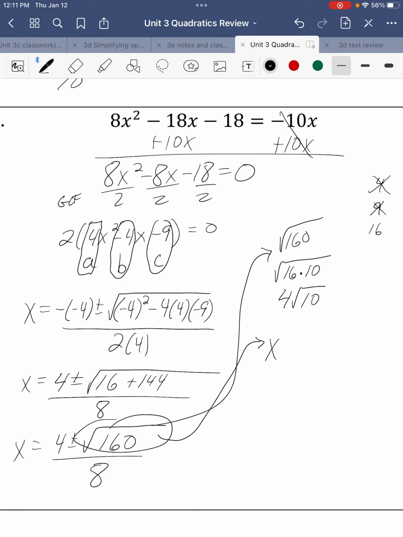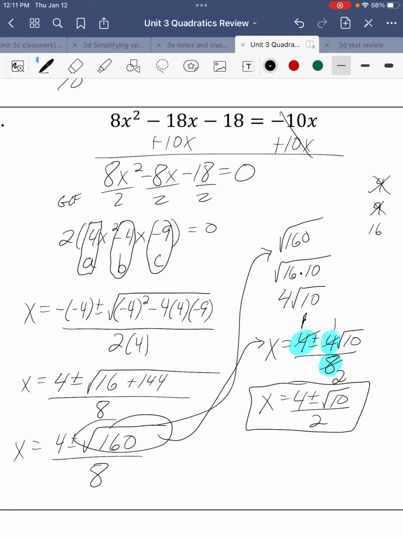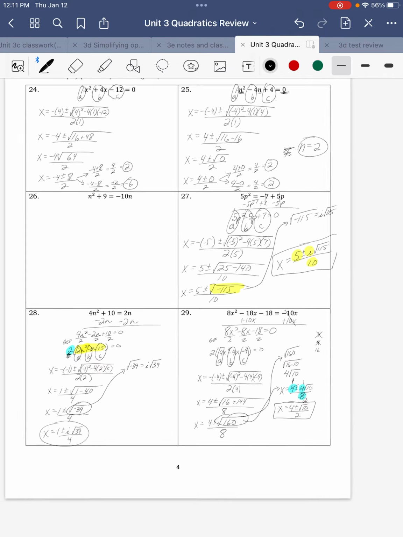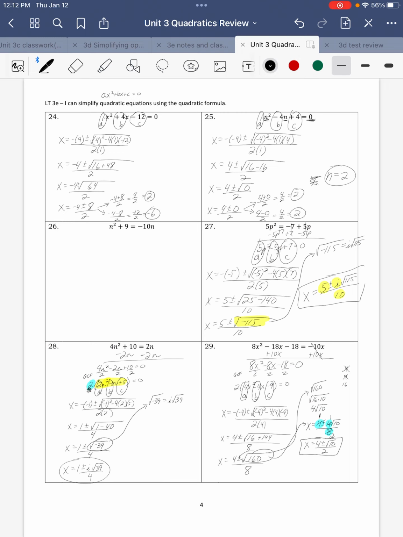So I'm going to replace, so I have x equals 4 plus or minus 4 square root of 10 divided by 8. And here I'm going to simplify 4, 4, and 8. I can divide all terms by 4 to simplify this fraction. There are 3 terms. You've got to simplify all 3 terms, their coefficients, or the term itself. 1 times the square root of 10 is the square root of 10, so I don't leave the 1 there, and then divide by 2. And there are 2 solutions. There's 4 plus square root of 10 divided by 2, and 4 minus square root of 10 divided by 2. All right, so that is the